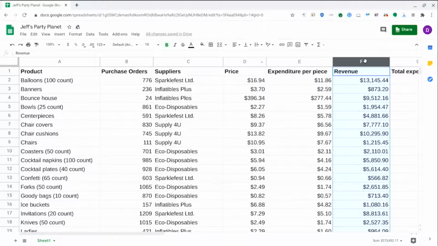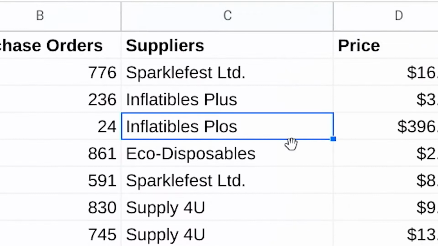The data's been cleaned, but during verification, we noticed that one of the suppliers' names was keyed in incorrectly. We could just correct the word as plus, but this might not solve the problem, because we don't know if this was a one-time occurrence or if the problem's repeated throughout the spreadsheet. There are 2 ways to answer that question.